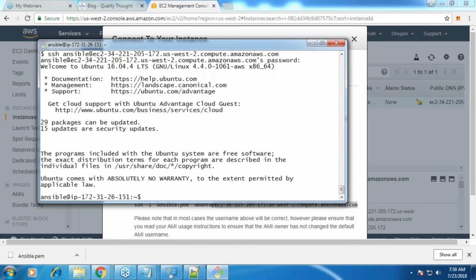So what is it that we have done? We have created a machine, and in that machine we have created a user called Ansible, and for that Ansible user, it didn't have permissions, so we had to add him to the sudo group. For that we have used visudo, and then to enable password based login, we got into the vi sshd file. Remember, the last step is Amazon specific.